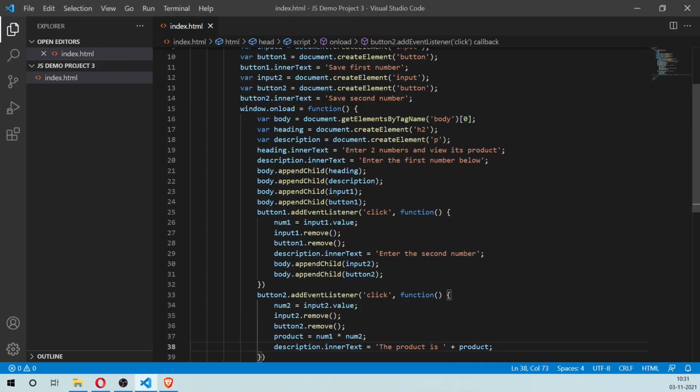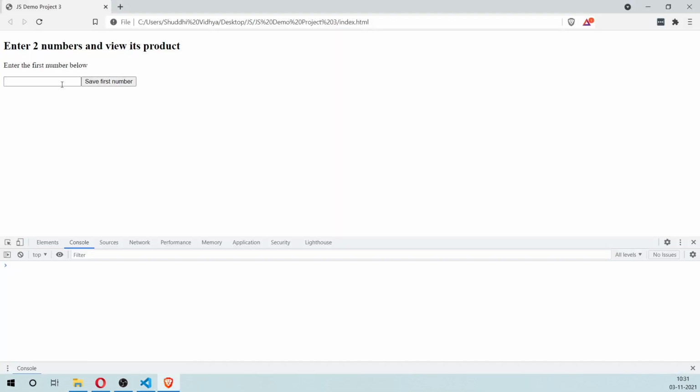So maybe that went a little too fast. I'll explain what I did just now, but let's test it out first. So entering the first number and then the second number, and now it says the product is 15.